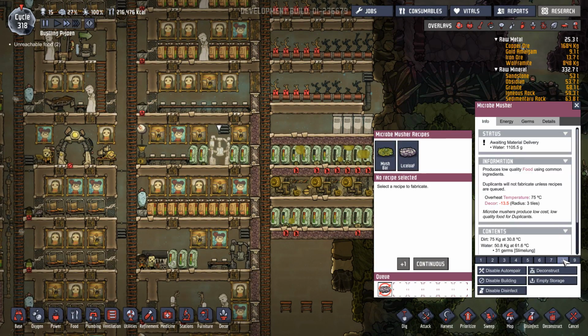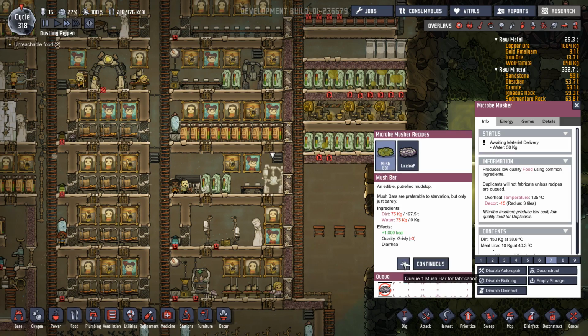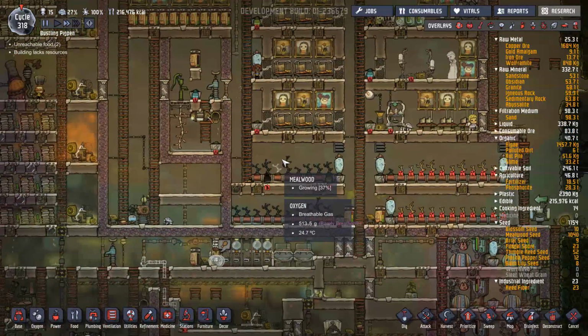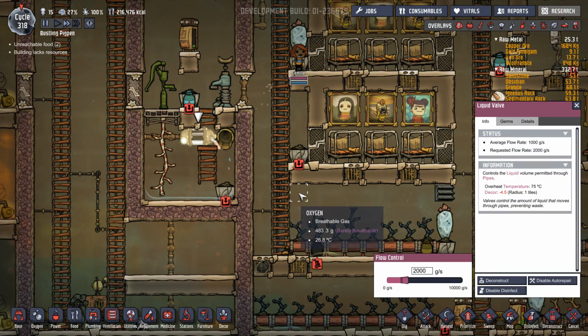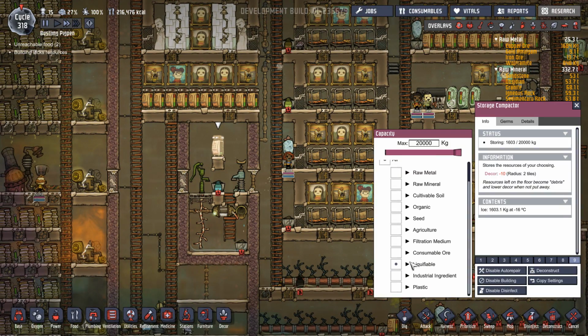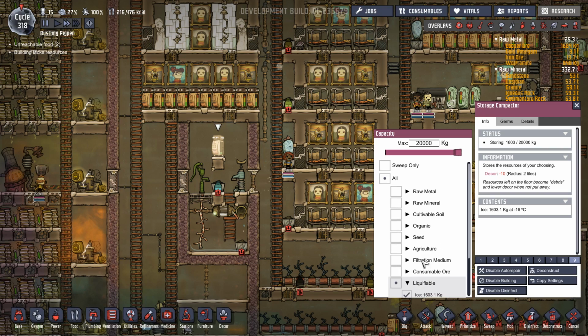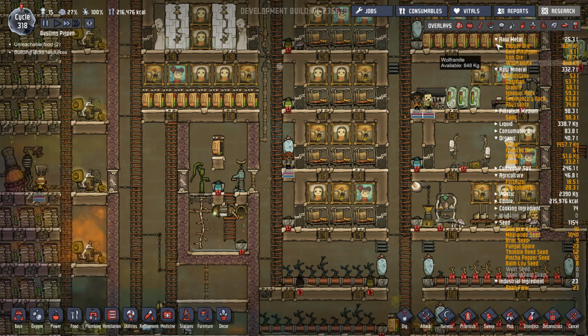So that needs to be an 8. Get working on that. That needs to be some mush bars. Yeah, dirt and water. Get that going. We need to make sure there's plenty of water coming through here. Let's double that up. What have we got into here? We've got liquefiables. Yep, ice and snow. So we could try and get that to drop into